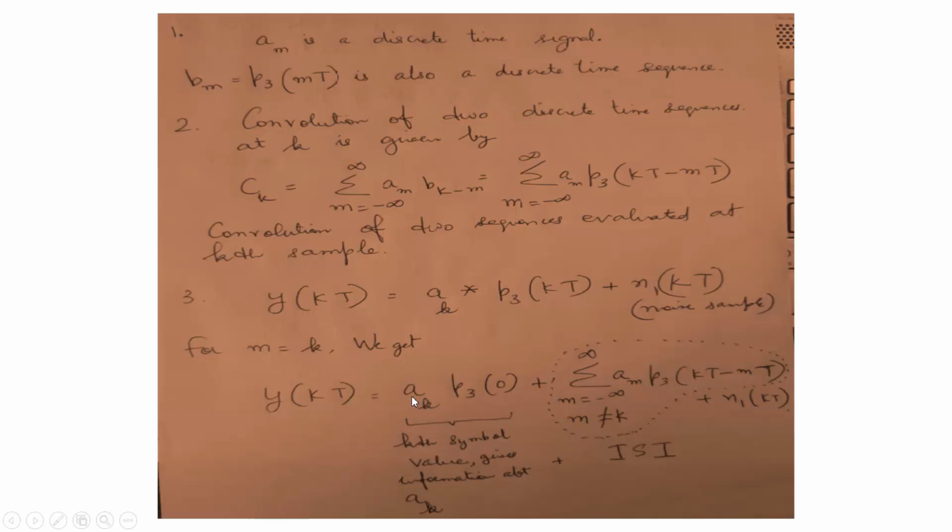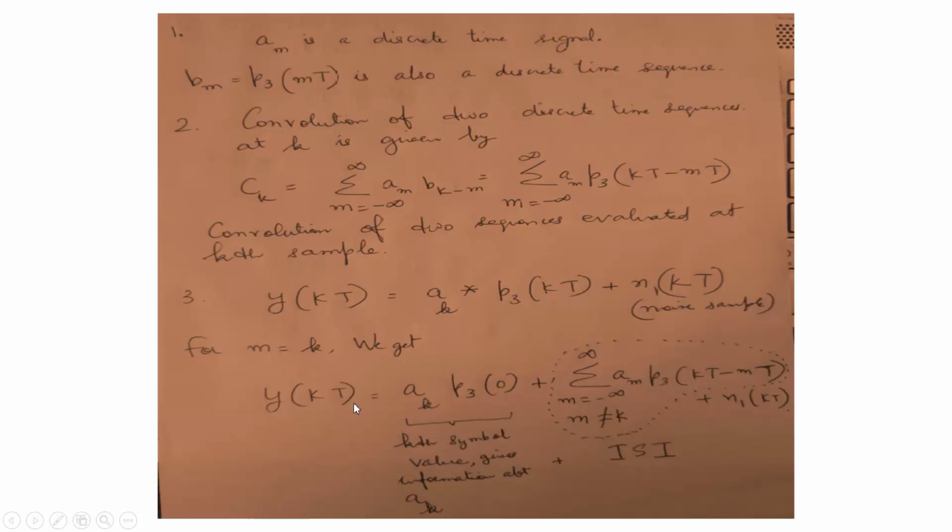So this is the present symbol that we are interested in when m equal to k. And now we are putting k equal to m, so we get a_k p3(0) for when m is equal to k. So we can extract this term out from this expression, all right, plus